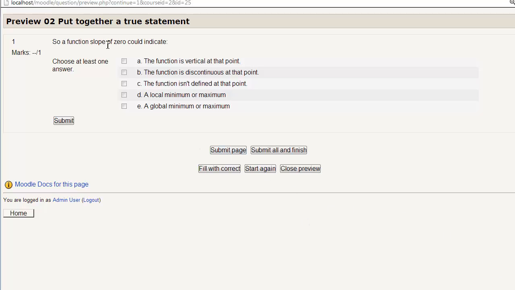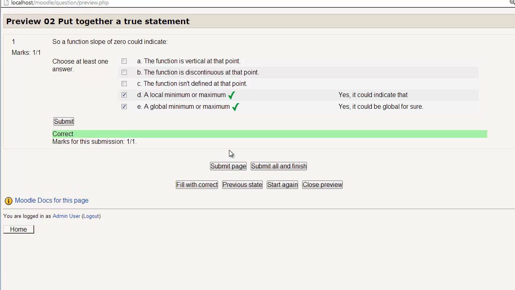And so a function slope of 0 could indicate some things. Which of these things would a function slope of 0 actually indicate? So what are the things that a slope of 0 could indicate? You were given a range of options here. Two of them are correct. A slope of 0 could indicate these two possible conditions: a local minimum or maximum, or a global